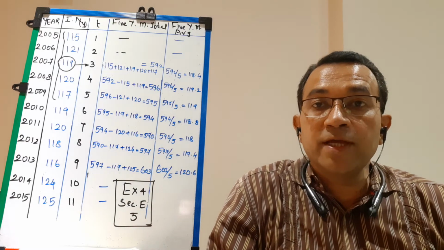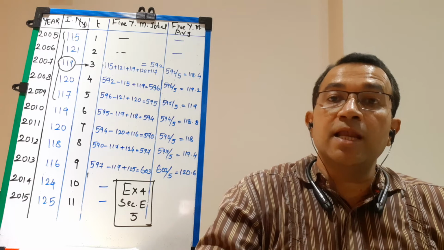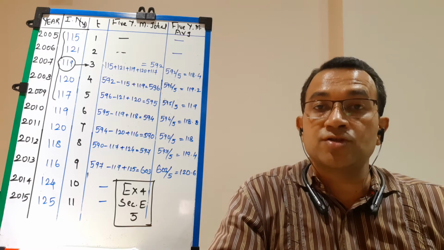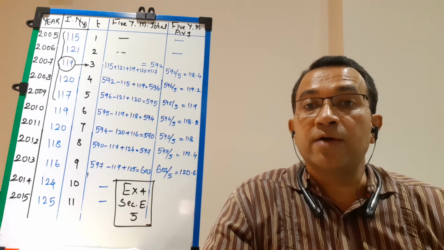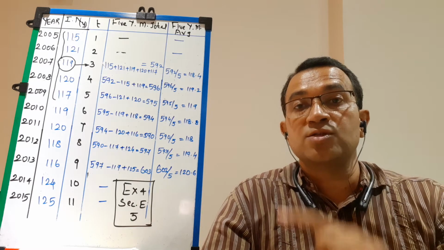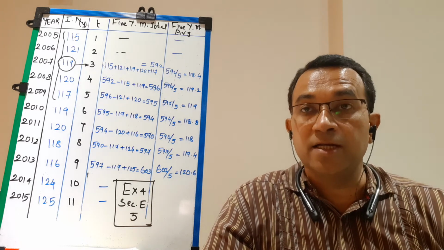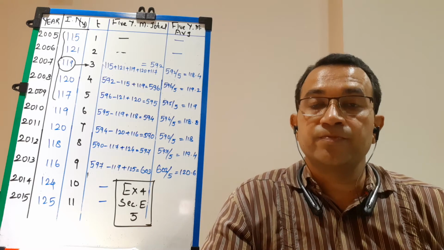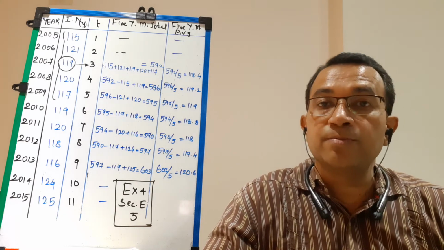In 3 yearly moving average, the first value and the last value in the total will be dash. In 5 yearly moving average students, the first two values and last two values in the total as well as the trend will have dash. Now the last column is very simple.